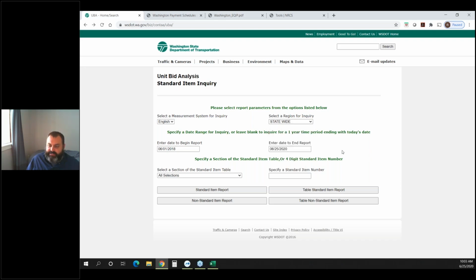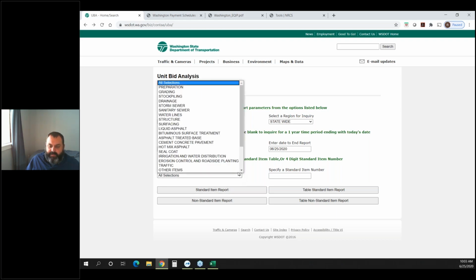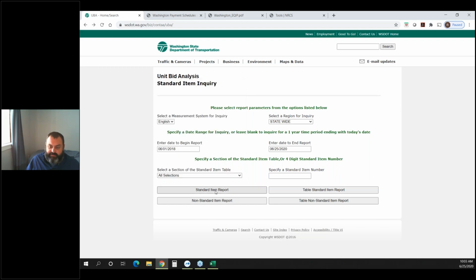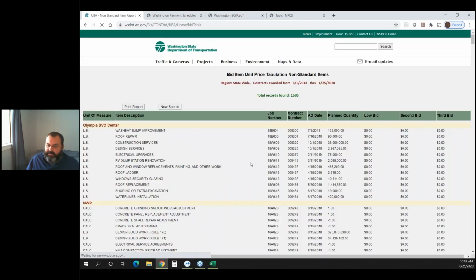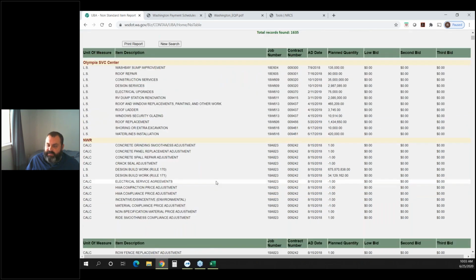They have all their different regions. But it lets you go in and it'll give you examples of bids that were received from contractors on their projects. They have various definitions of their contractor side of things. I usually just hit all selections because I'm not too familiar with what they call things all the time. But you can just basically generate a report that spits out the last 2 years, what were the bids that were received on